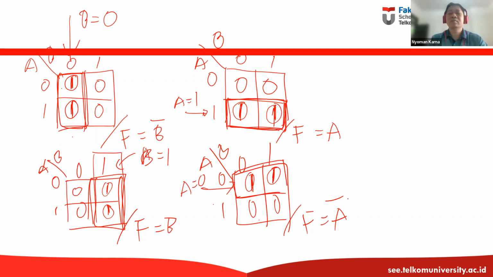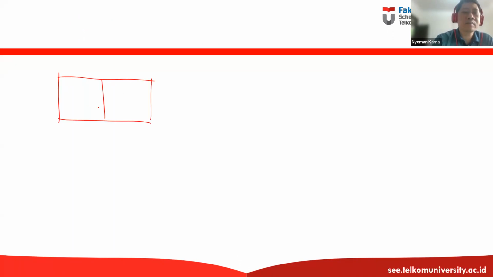Okay. Now, how about if we create 3 inputs for the variables? Because in this case, we only have 2 inputs, A and B. Now we're going to have A, B, and C. Because A, B, C means we have 3 inputs. 3 inputs will create 8 combinations, 2 to the power of 3. So we're going to create something like this, A and then BC. A could become 0 and 1. BC could become 00, 01, 11, and 10.